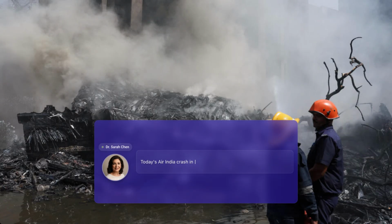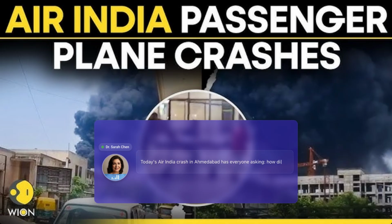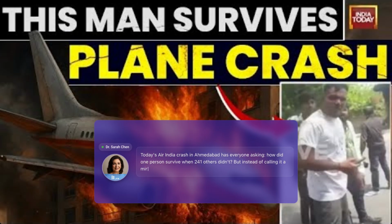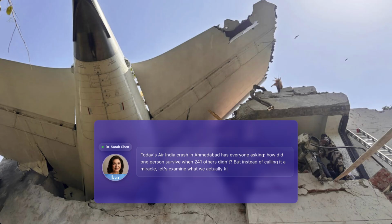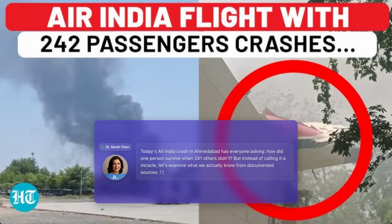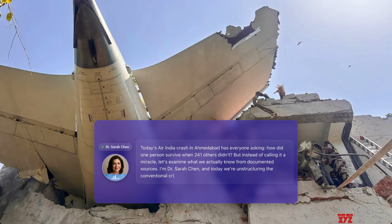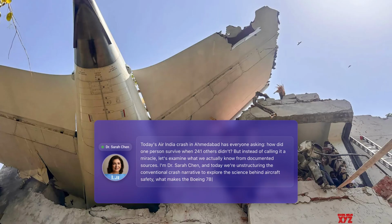Today's Air India crash in Ahmedabad has everyone asking, how did one person survive when 241 others didn't? But instead of calling it a miracle, let's examine what we actually know from documented sources. I'm Dr. Sarah Chen, and today we're unstructuring the conventional crash narrative to explore the science behind aircraft safety, what